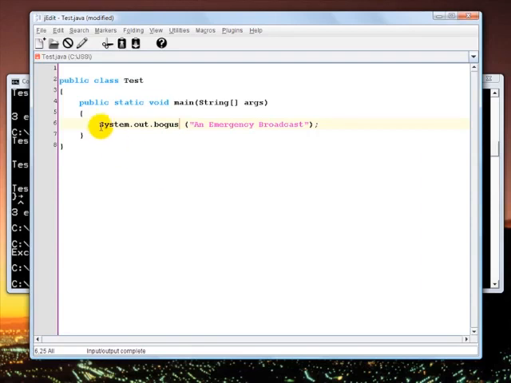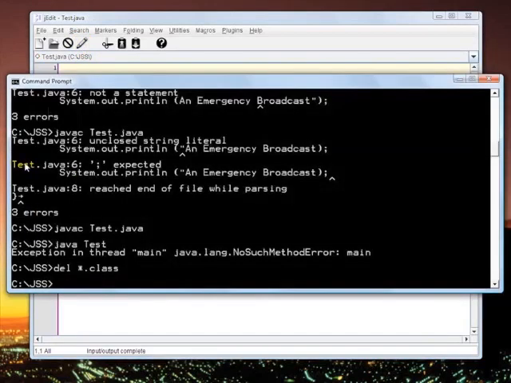Well, we know there is no bogus method in the system.out object, so it should give us some kind of compile time error that indicates that it doesn't know what bogus is in this context and therefore can't figure out what you're trying to call. Save it, compile,